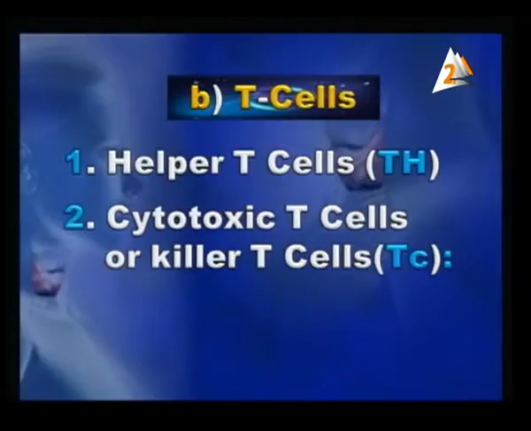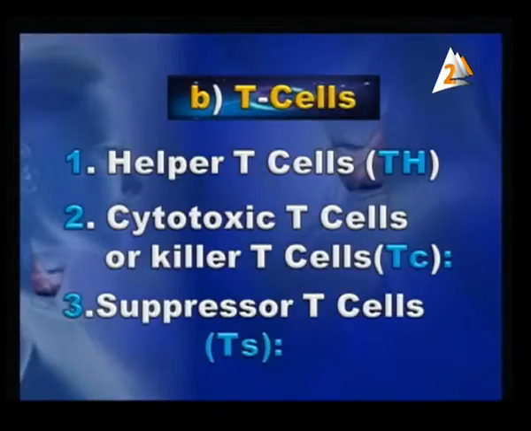So the transplanted organs, such as the liver, the kidneys, and so on, are attacked by the TC cells. The suppressor T cells, or TS,